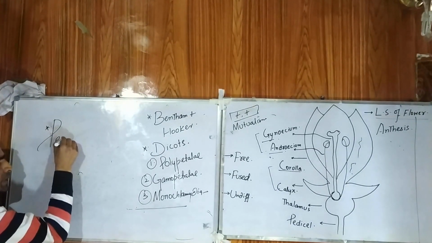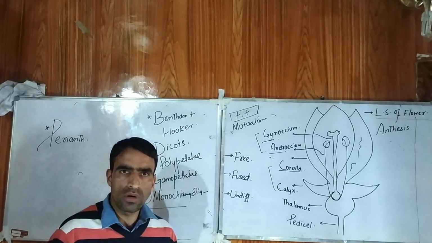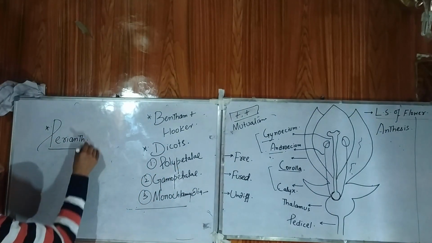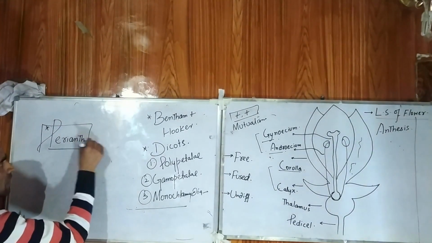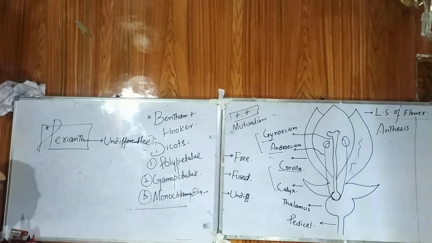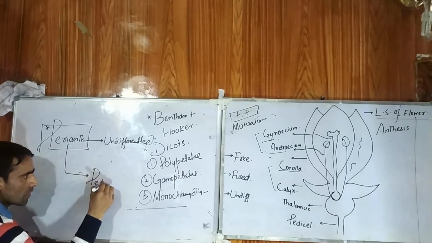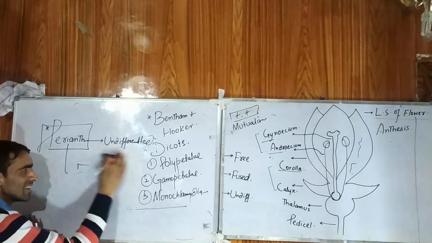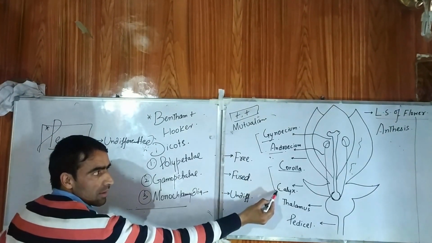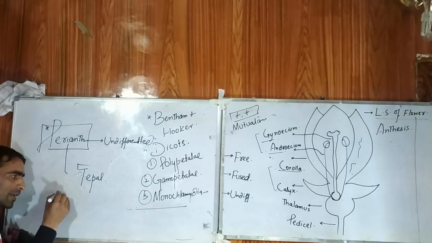That is perianth. Simply speaking, अगर एक फ्लावर में सेपल और पेटल को डिफरेंशिएट ना किया जाए, कैलिक्स और करोला को डिफरेंशिएट न किया जाए, please remember, such a whorl is called as perianth. Whenever sepals, petals, whenever calyx and corolla can't be differentiated, undifferentiated, the whorl is called as perianth. And remember, the individual unit of this perianth is called as tepal. इसके एक यूनिट को सेपल, इसके एक यूनिट को पेटल और इसके एक यूनिट को टेपल कह सकते हैं. और लास्ट पे याद रखिए, अगर ये टेपल